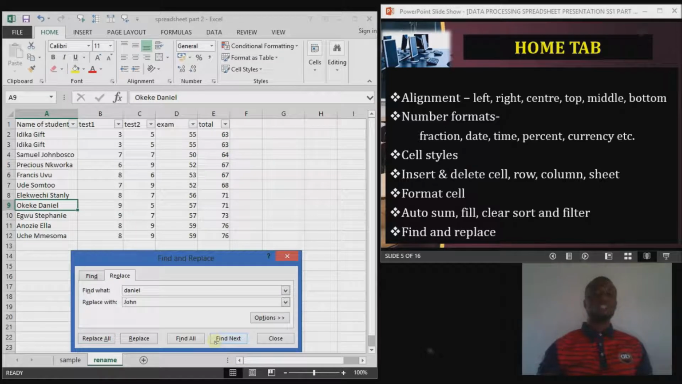Or I can be doing it one after the other. So I will find one person, replace, find the next person, replace, find the next person, replace. That's if I don't want to replace every one of the Daniels here with John. Because I want to replace just this one, I'll simply find next, it appears just in one place, replace. So you see that Daniel here,